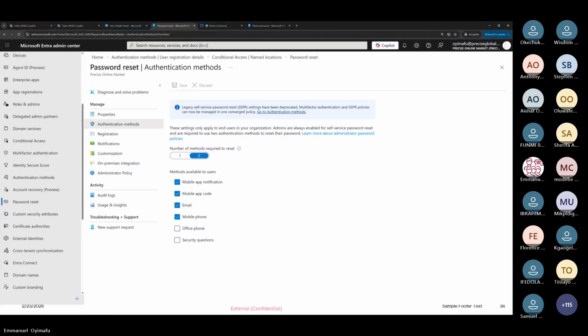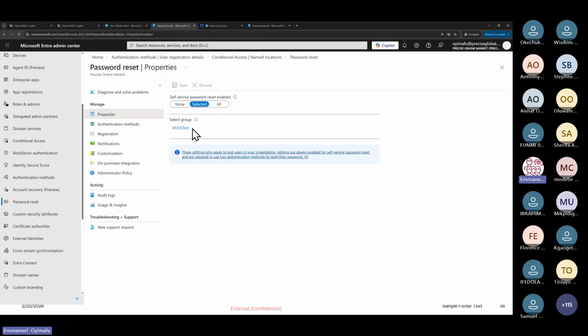Okay, so the first question, can you delete the user in a group? What Chiamaka is trying to say is that this group that I selected here for SSPR, any member of this group is automatically eligible to use self-service password reset, provided that they register.